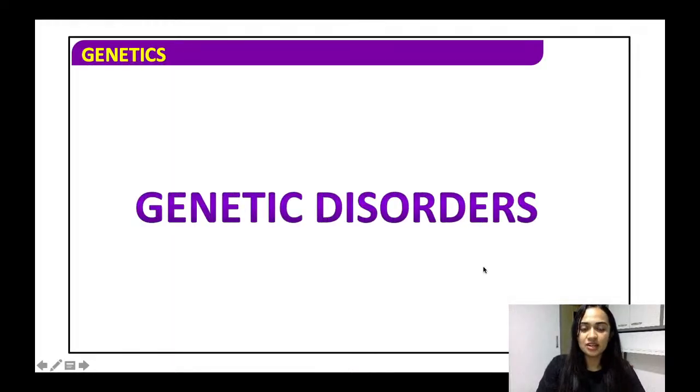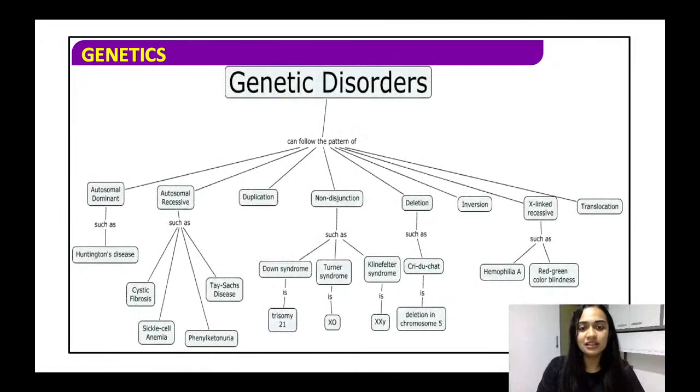So let us start with the genetic disorders. So what do I mean by a genetic disorder? A genetic disorder can follow the pattern of autosomal dominant, autosomal recessive, or it can be sex linked. It can again be sex linked dominant, sex linked recessive, and it can even follow the pattern of duplication, यानी